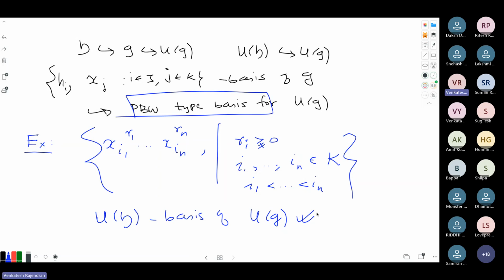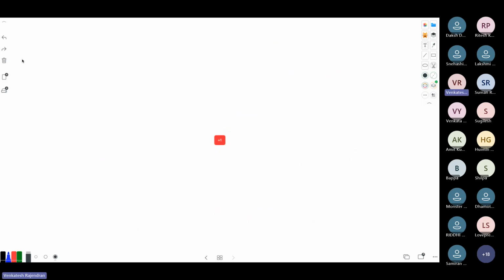So that means you can treat UG as a free module over UH. Now, given this image, you can see that if you start with another Lie algebra, which is a complement of this G1 or H. So let's use the notation that we have written. If G is G1 direct sum G2 as a vector space,